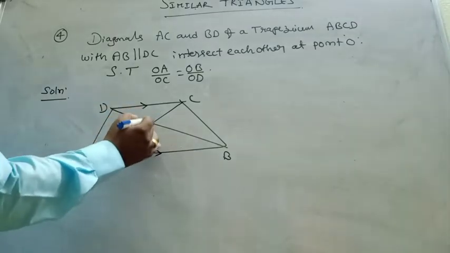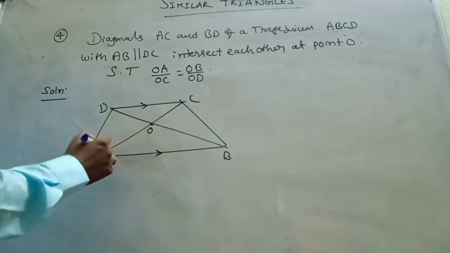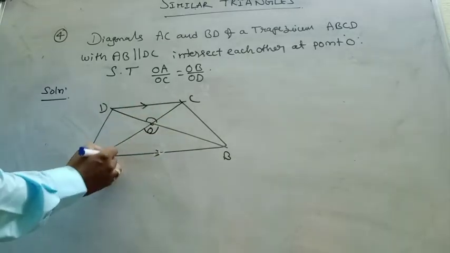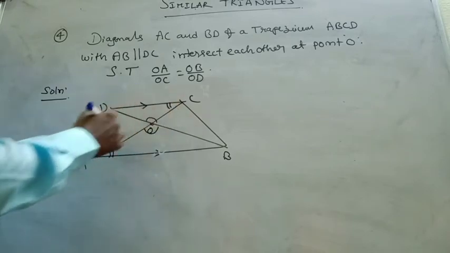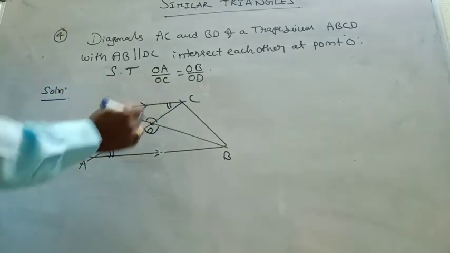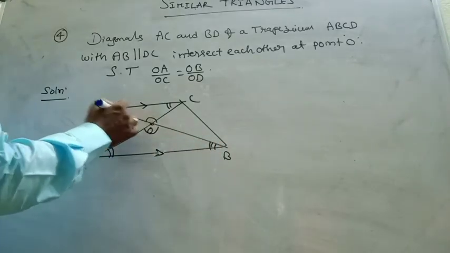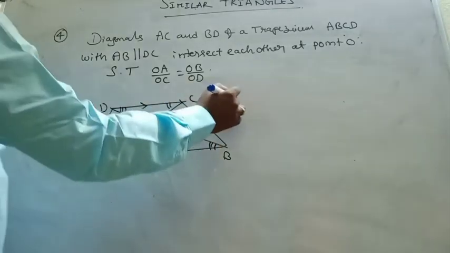Let's see, my dear students, if you consider these two triangles OAB and OCD, these vertically opposite angles are equal, and this angle is equal to this angle because of alternate interior angles, because these two lines are parallel. And here also this angle equals this angle. Now therefore, by AAA